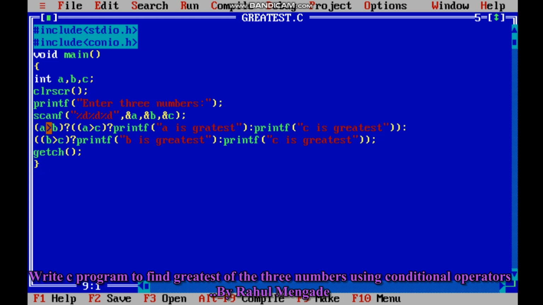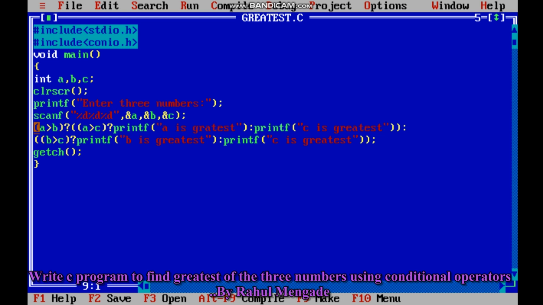So there are two operators, as I told you, question mark and a colon. The first expression is: if a is greater than b, because there are two outcomes, true or false.